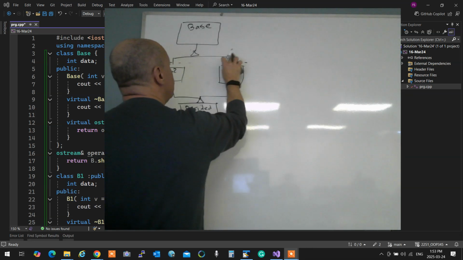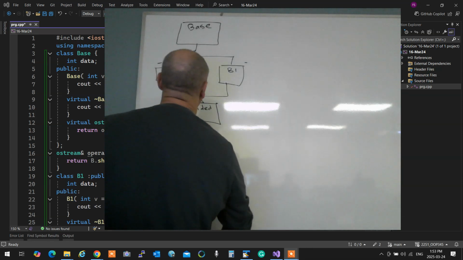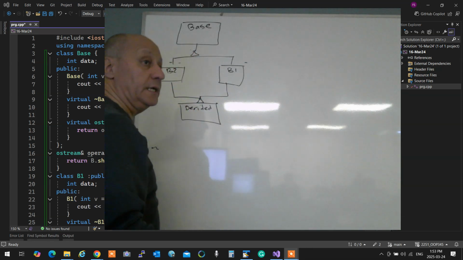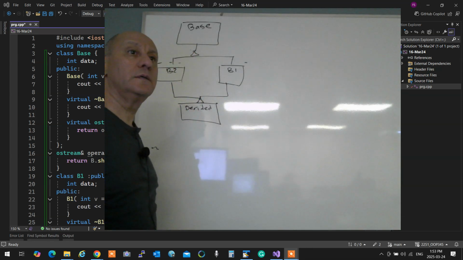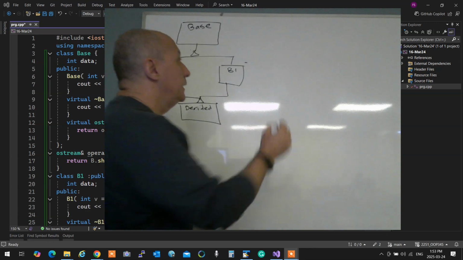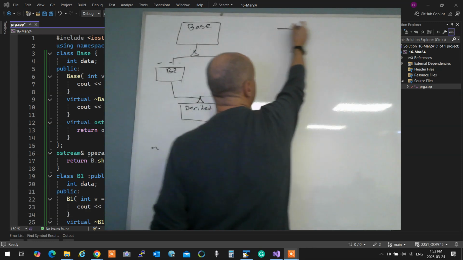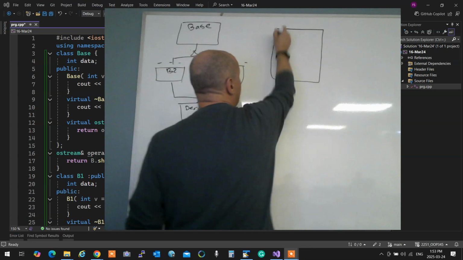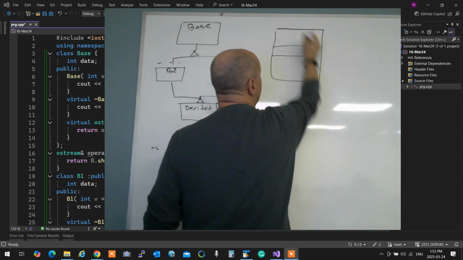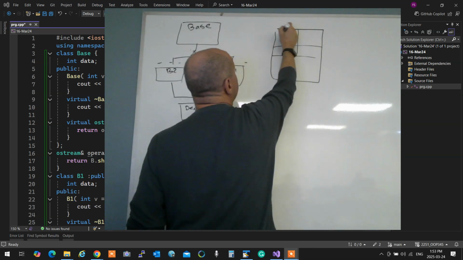Now the question is this. When I create this one, how does it create the object? Is the object created as this?